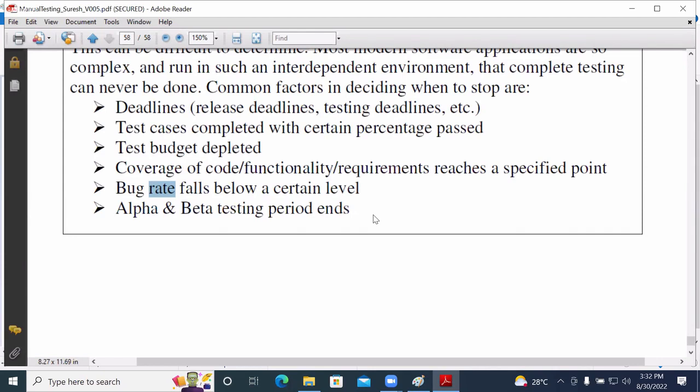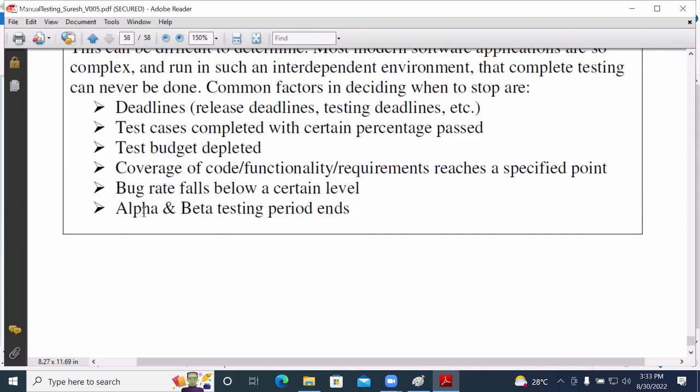When you mention that the bug status is closed, the functionality is working as expected, or the bug has been fixed and is working as expected, then you take it as closed. As the functionality is working, it means the application is working correctly. If that application is working correctly, then it will be thinking about stopping that particular testing here.